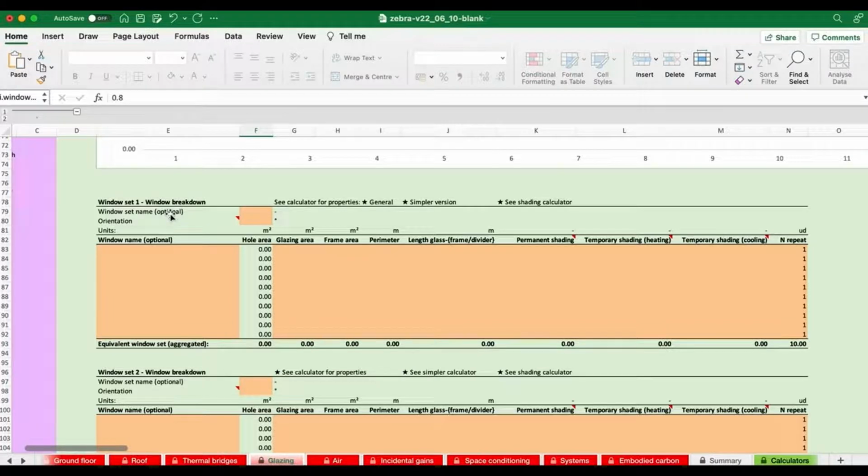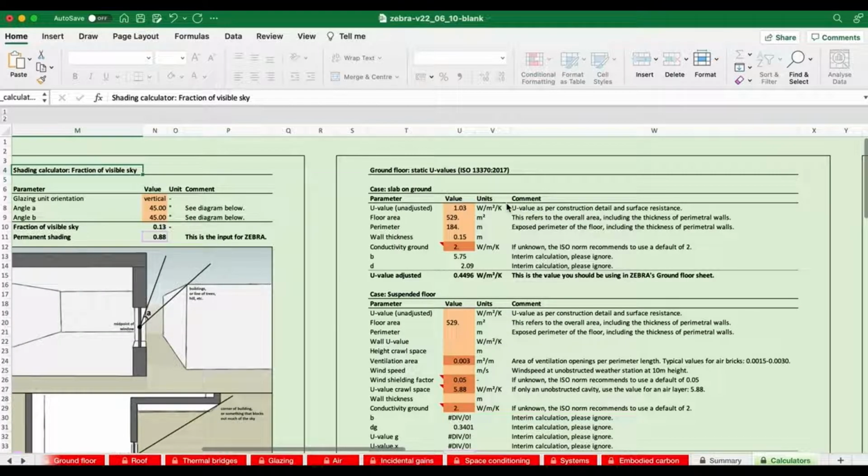So the first thing we're going to have to do is work out the area of actual glass, the glazing area, from our hole area. And you can do that just by hand calculation, or you can swap into the calculator, which is what we're going to do here. And we can either just navigate to the calculator tab and find where glazing is specified, or we've got these shortcuts, these little hyperlinks here.